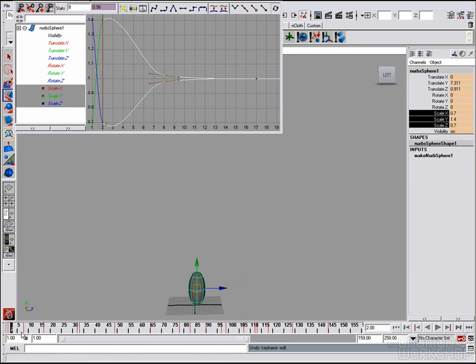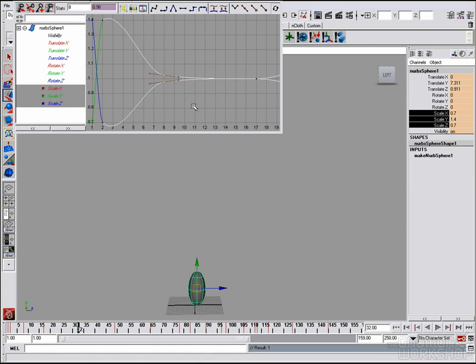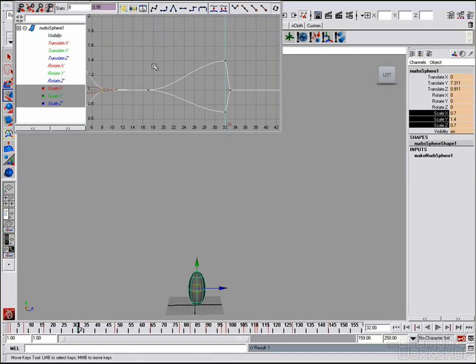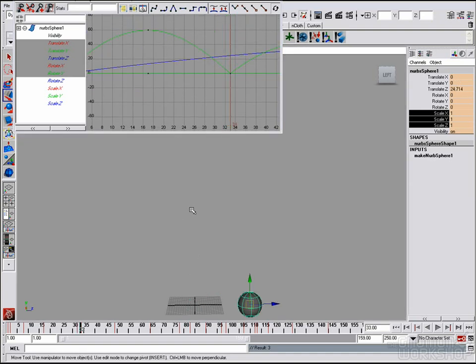So we want to take this shape here and bring it here, which is where middle mouse drag comes into play. So we drag from 2 to 32, and there again, key selected. Okay, so there it is. We've selected it. We've keyed our scale, but translate and everything else is still fine. So now we get again. Okay, so now we get